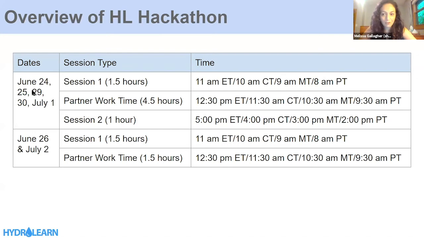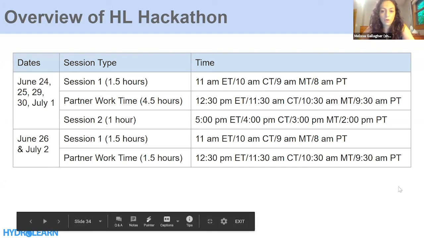These dates are for the remainder of our sessions together. We'll have 2 working sessions with partner time in the middle. So you'll notice that's 1 longer partner work time as opposed to the 2 chunks that we've been having the last 2 days. And these are the times that they each start. And then on these 2 days, which are our 2 half days, this is how we'll divide up that time. So we put these in your slides so you have access to them. Hopefully this is a little more helpful in knowing when we have sessions and how long those will last. And I apologize for not being as clear with that up front.